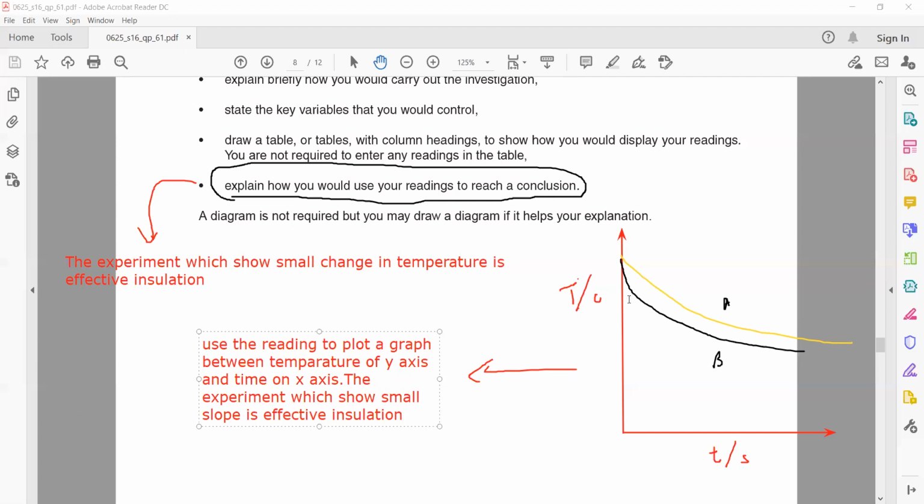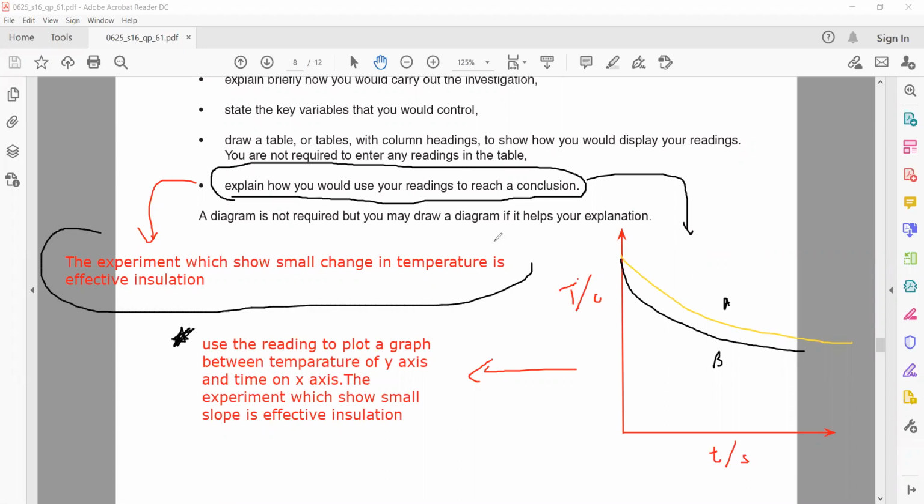So the one which will have a steeper slope, it means that it cools down faster. The one which is having a less steep slope or a gradient, that is showing a smaller change in temperature. So this part you can answer both ways, but I prefer that you write in this manner. Students, normally those who score a star, are writing the detail. This is giving you marks, but that is not the full answer. Is it clear?